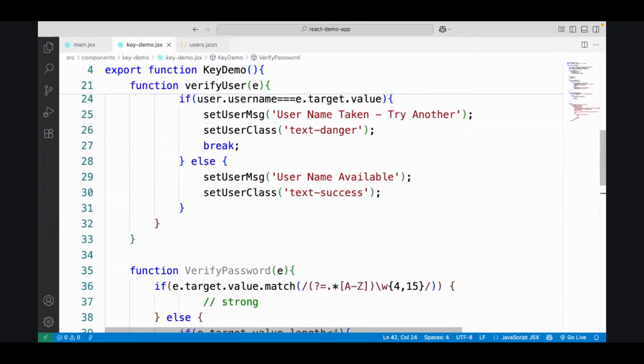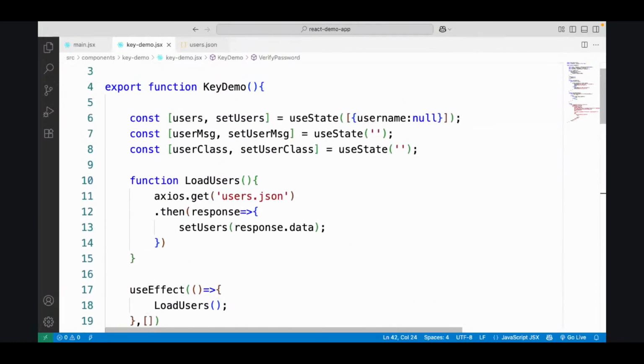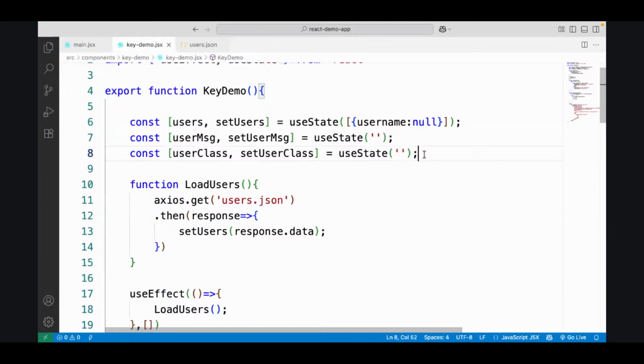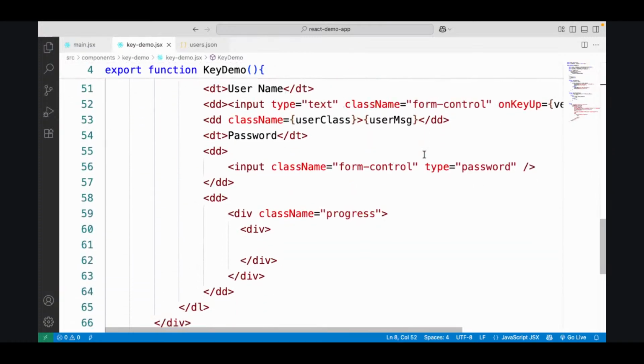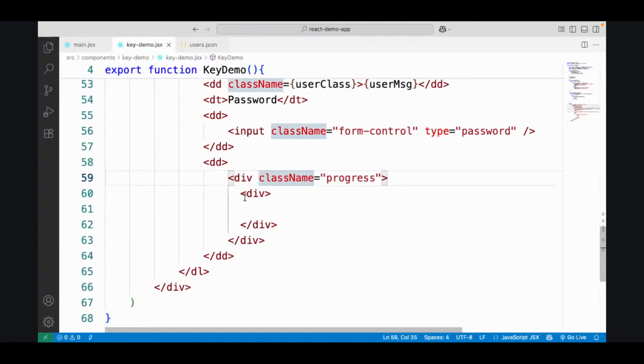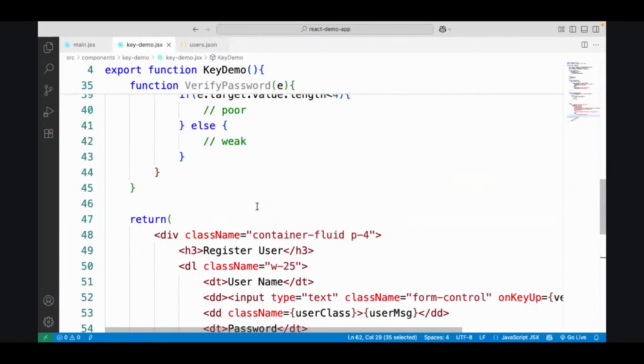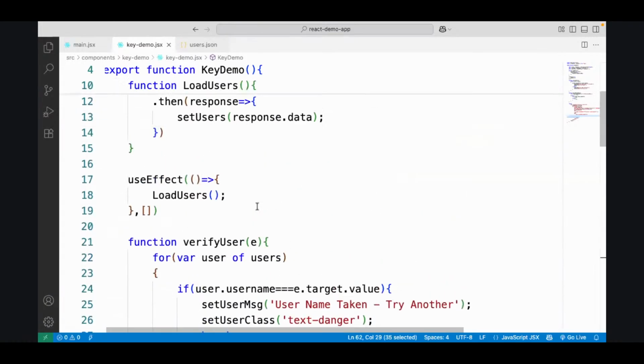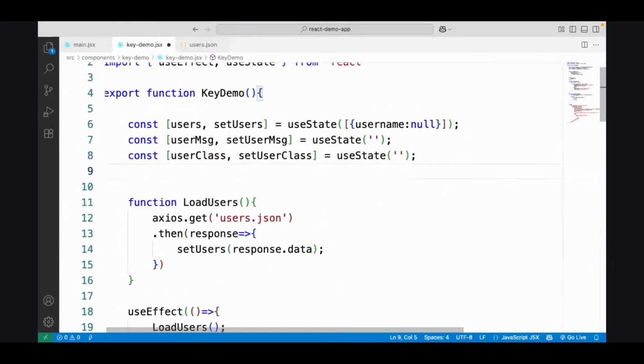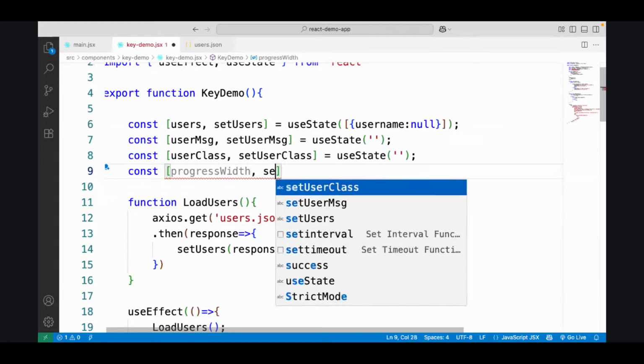You see here, we generally use in Bootstrap the progress bar, and inside the progress there is a progress bar. That progress bar is controlled with style width. We have to control it with width. So here I will put a constant, progress width. Just for you to understand, setProgressWidth